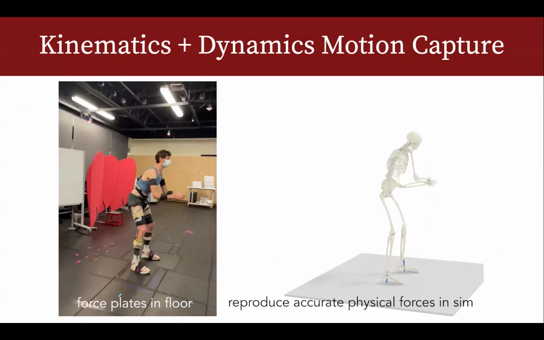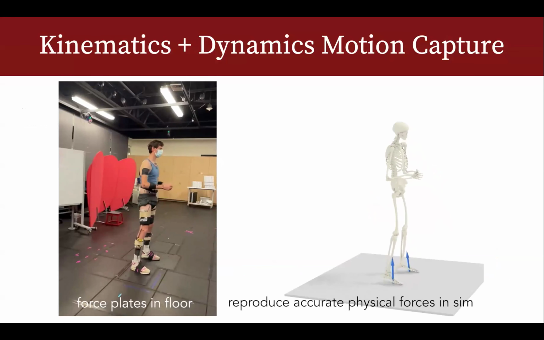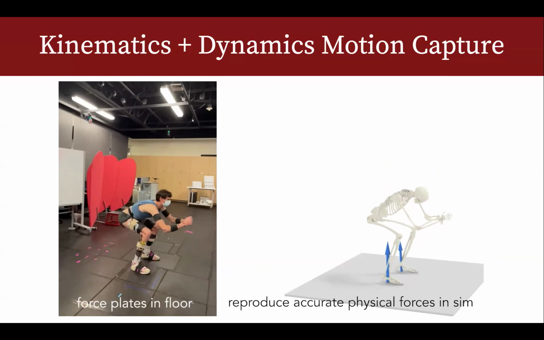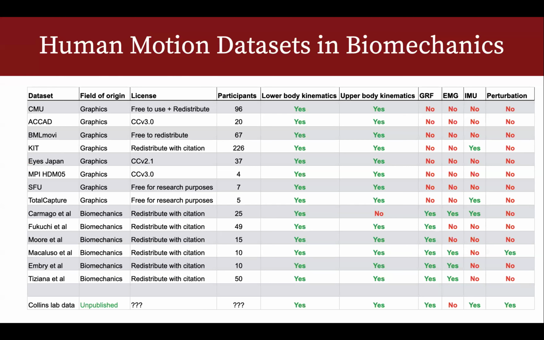What they have that we don't is this thing called force plates, right? So they are collecting very accurate contact forces, ground reaction forces, at the same time together with a Vicon system. The problem with the biomechanics data is that they don't share data. They work for that specific experiment, so they don't collect a lot of data. And also their data collections are very heterogeneous. Some data has IMU, some data has only upper body. So it's very difficult to make them machine learning ready. And that might be the reason they don't feel like they need to share the data.